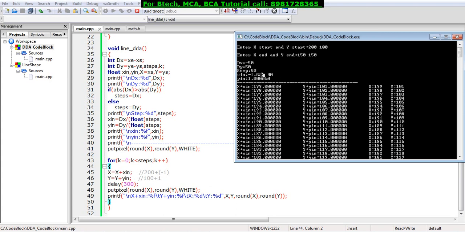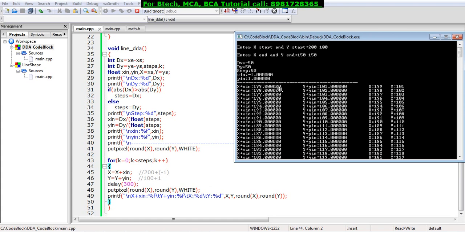What is the value of x? x has been initialized with 200, as you can see here, and I wrote plus in the comment line. x increment is minus 1, so 200 minus 1 makes it 199. You can understand that this is a floating point variable, and this is one of the drawbacks of the DDA algorithm: it uses floating point representation, and this is the reason why the Bresenham algorithm was framed. So the variable x initially stores 199.6 place decimal.